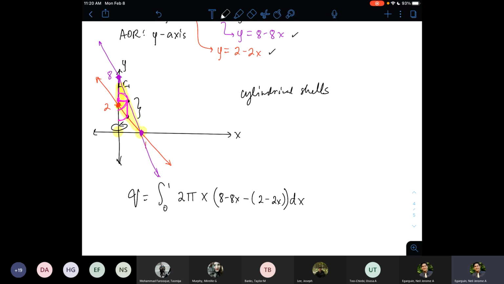So yeah, those are the complications or the different dynamics of these questions. Yeah, you can use cylindrical shells for any type of questions unless you were specifically told to use the disc or the washer method. Because I guess for me, sometimes cylindrical shells are much easier than the washer method. Because for the washer method, you have outer radius squared minus inner radius squared, which might make the integral complicated. So my preference usually would be the cylindrical shells method, as long as I don't need to split the integral up.